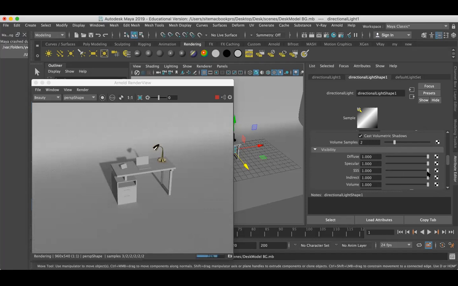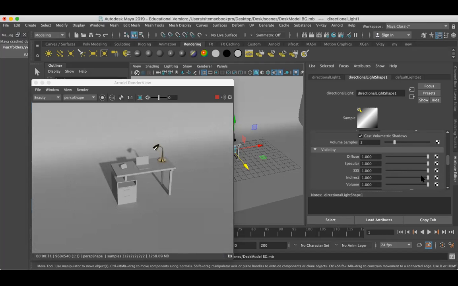And here the next one is subsurface scattering. This is something working with the bouncing. When light falls on some objects, we have some bouncing lights, right? To control the bouncing light, we use this here. And you can look into the indirect lighting.